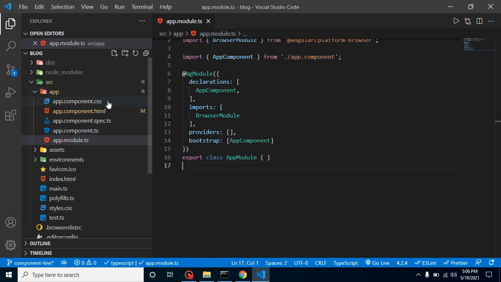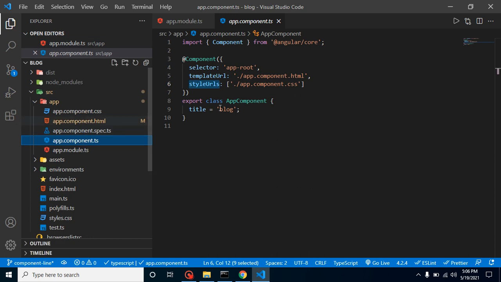There is no CSS file in that case because the CSS will be written inside our TS file. So it will be just directly written here. There will be no URL. We will use these inline style components whenever we just need to write only one or two lines of CSS, or we don't need any CSS in our component, right?